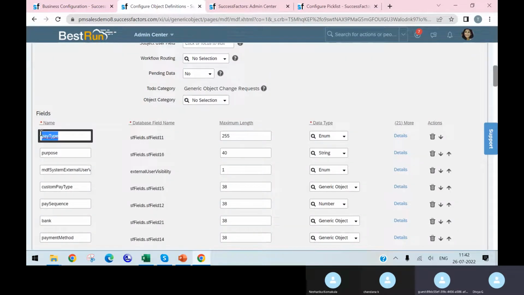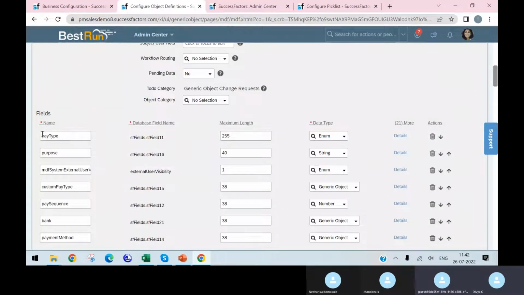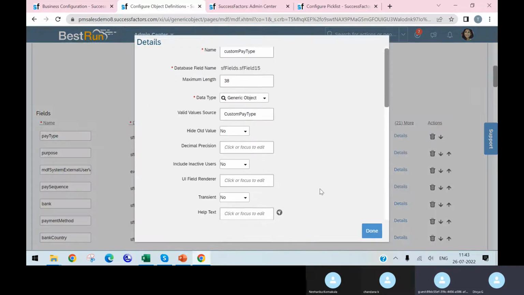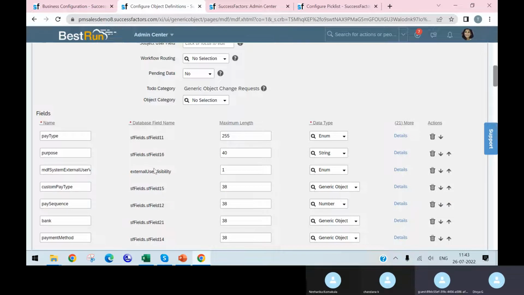Here we have pay type and customized pay type, right? This is the standard one, this enum. We will not touch this anytime. Whatever the field is there by default, we will leave it. And if you want to do any configurations, then we'll add this custom pay type. Whatever configurations we require, we'll do in custom pay type. And if you go to manage data,